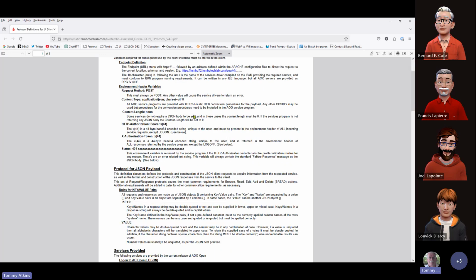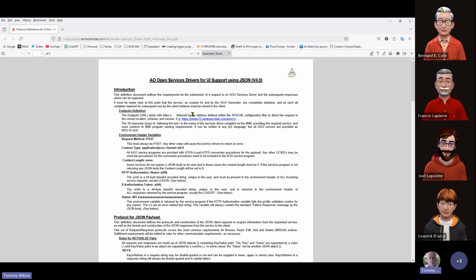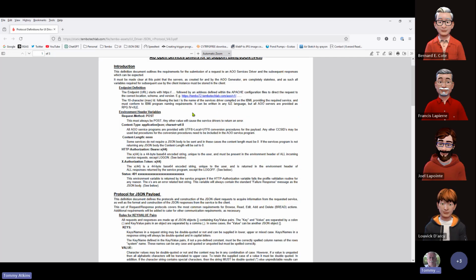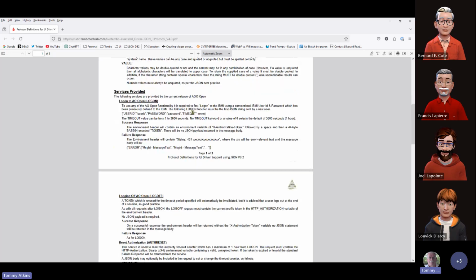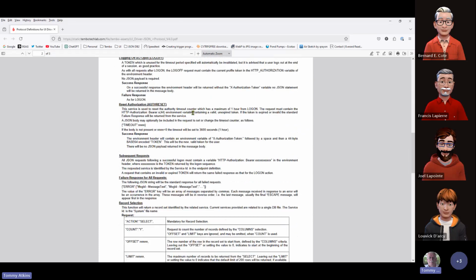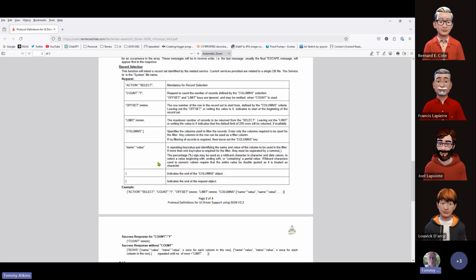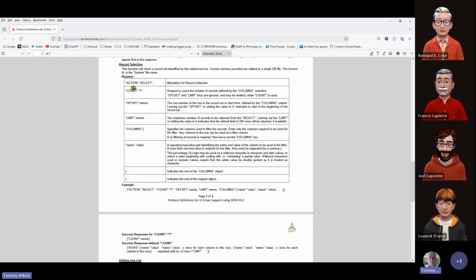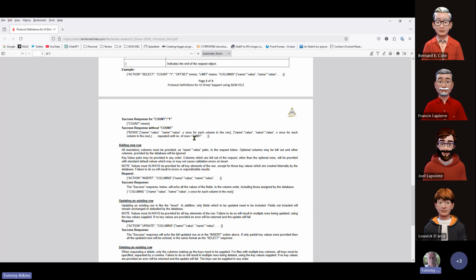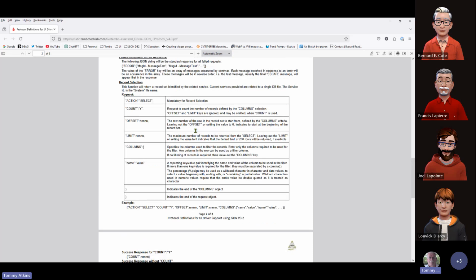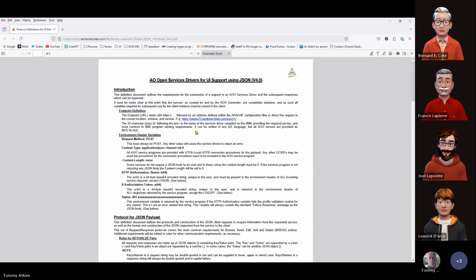This is the document that is available on the AO website, the Adsera website, which gives you the protocols for the JSON payloads and the features and functions of log on, reset auth, log off, and so on and so forth, as well as how you select, how you add, etc., etc. So this is the protocol definition that the JSON driver